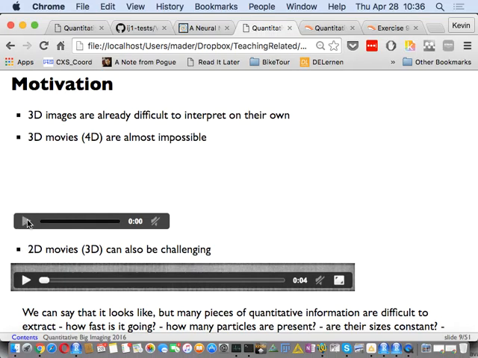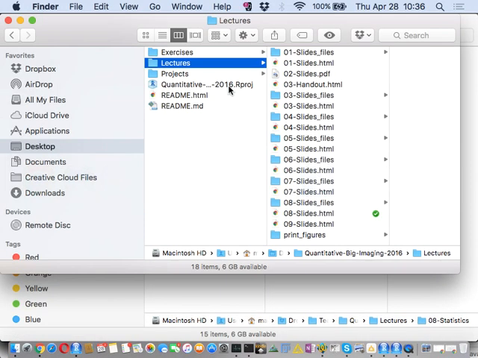So hopefully this one doesn't, but this one does. 3D movies can be quite difficult to visualize, and if you remember from the first lecture, we have this video of this foam evolving in real time, and I think it's